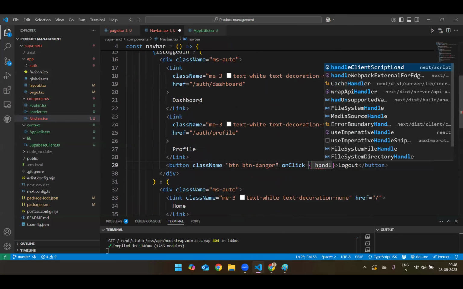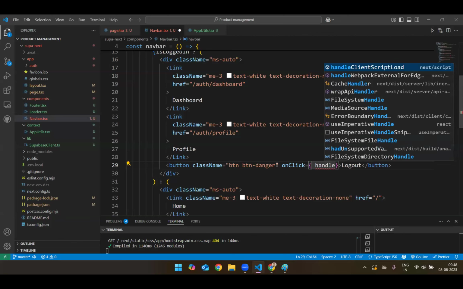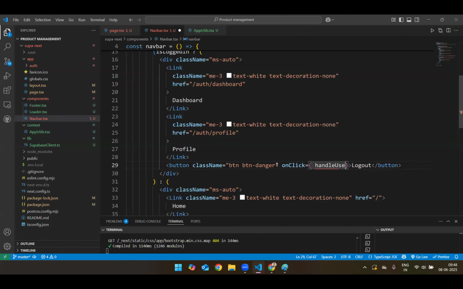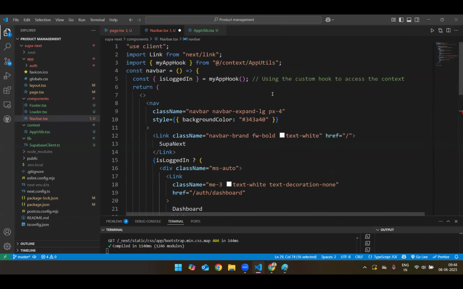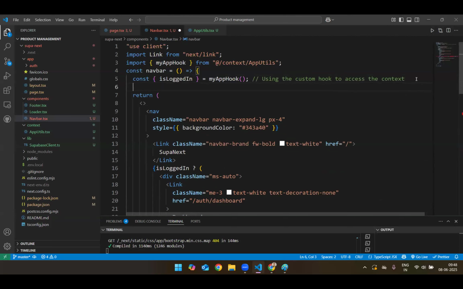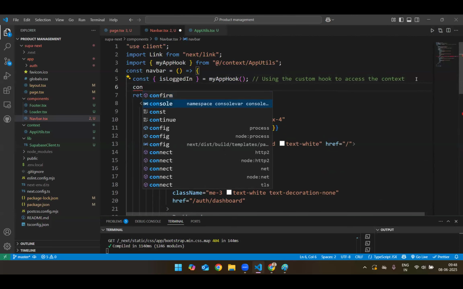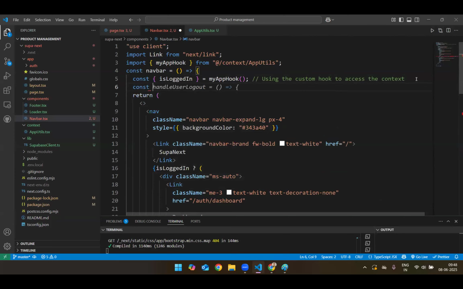We will say handleUserLogout. Let's copy this function. Let's say this const handleUserLogout. Inside this user logout,